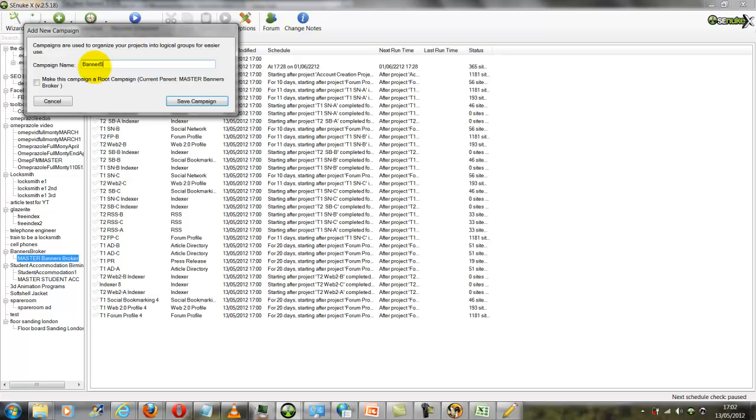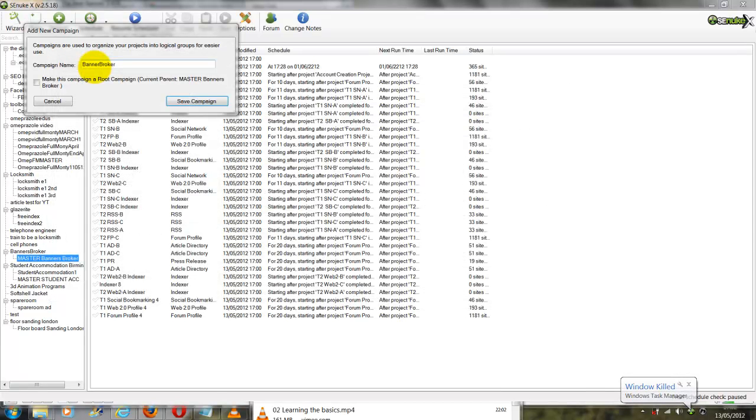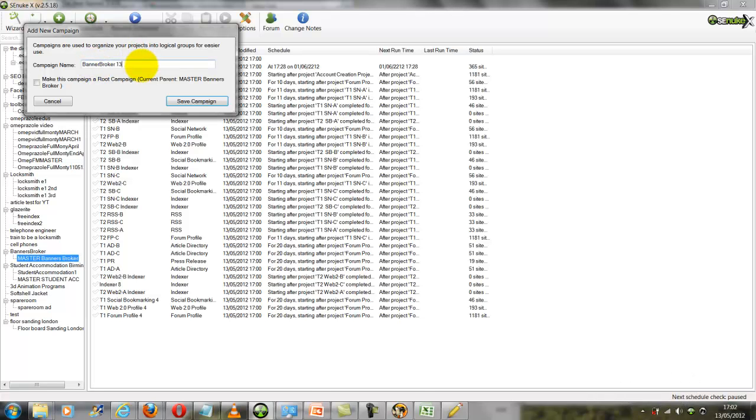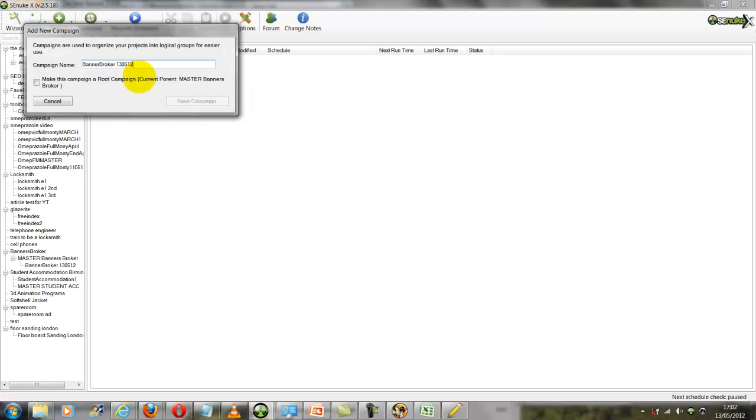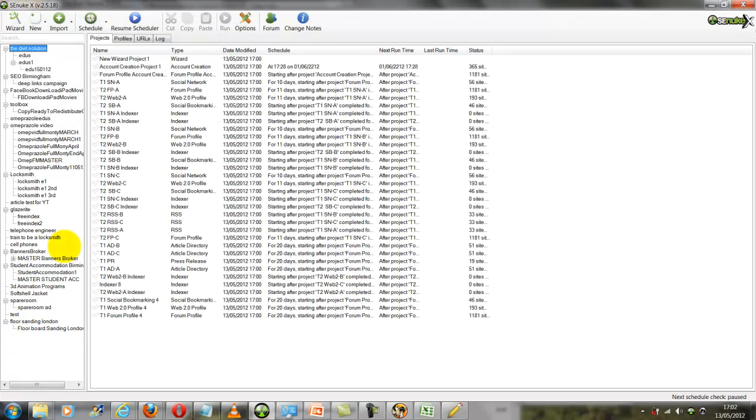Banners broker. Oh, what's happened there? 13th of the 5th, the 12th. Save campaign. And what it does